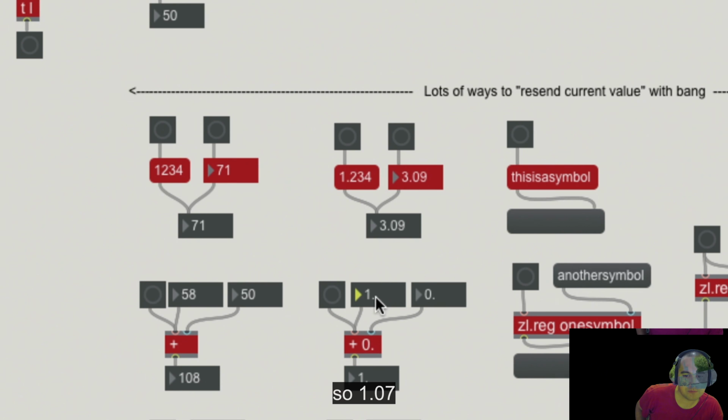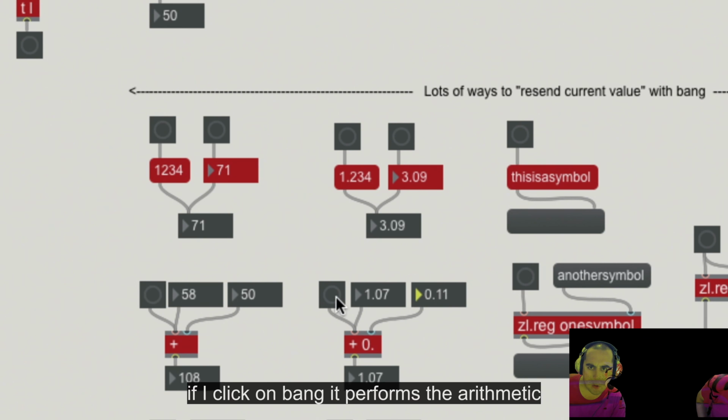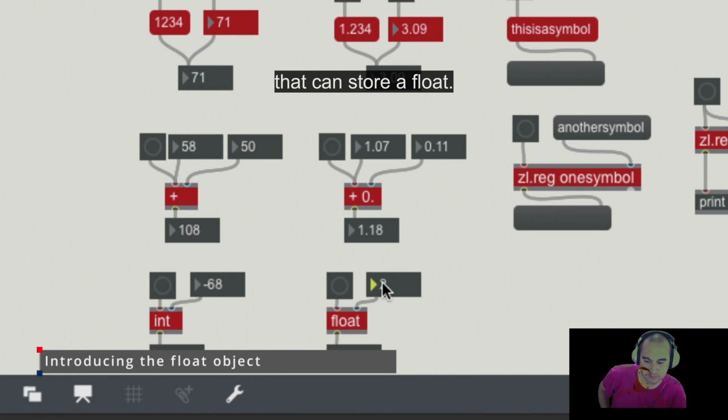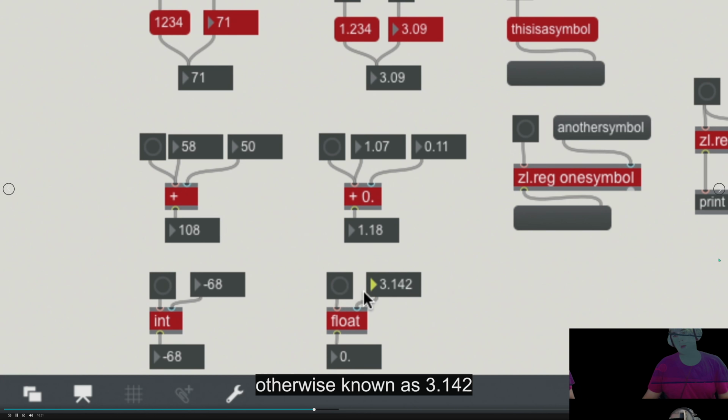Here's floating point addition, so 1.07 plus 1 plus 0.11. If I click on bang, it performs the arithmetic. There's an object called float, just like int, that can store a float. How about 3.14159? That's a pretty useful floating point number. Otherwise known as 3.142, because this is a not very wide